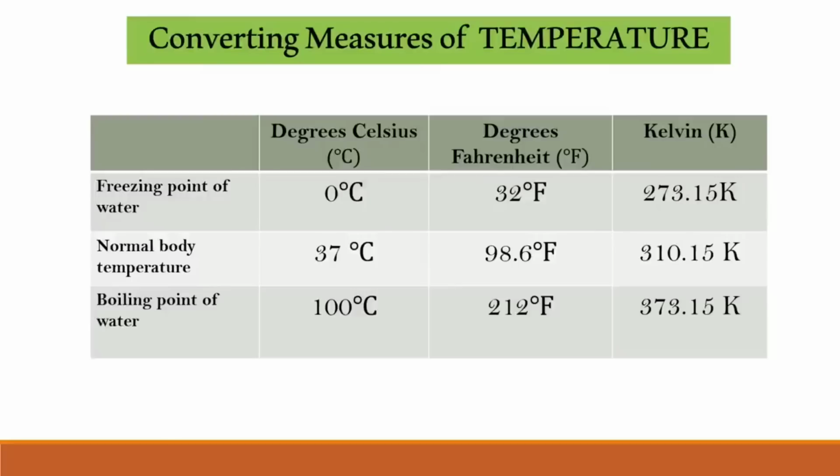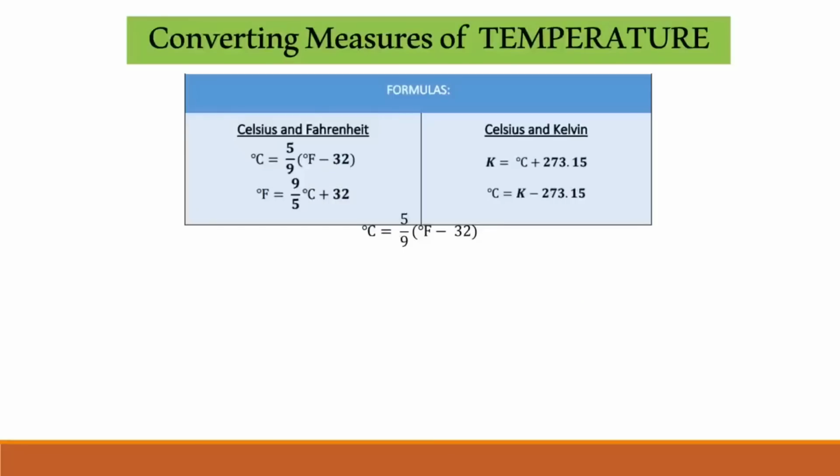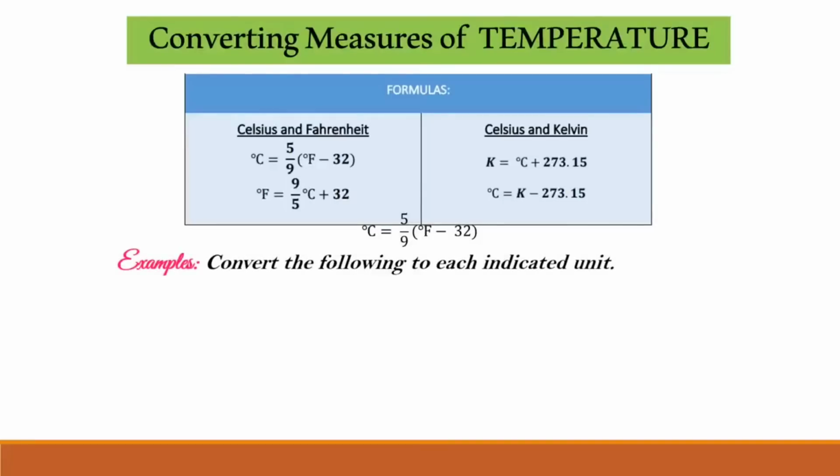310.15. And for the boiling point of water, it is 100 degrees Celsius, or in Fahrenheit, it is equivalent to 212. And for Kelvin, it is equivalent to 373.15. Now, in converting measures of temperature, we use the following formulas. Okay, let us use those formulas to